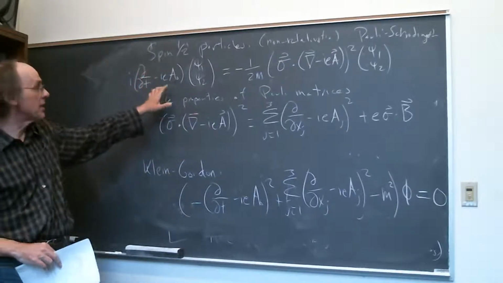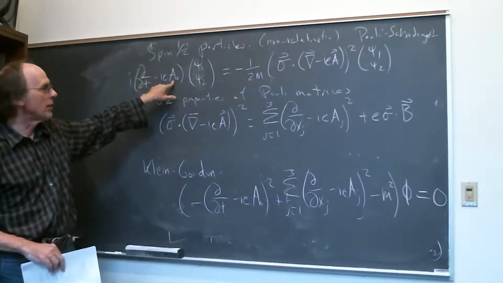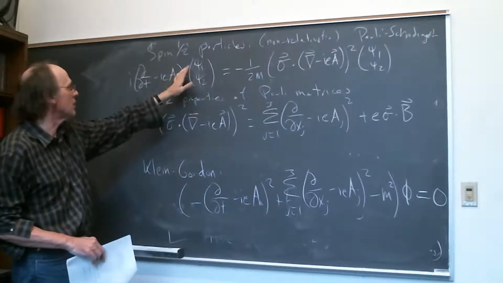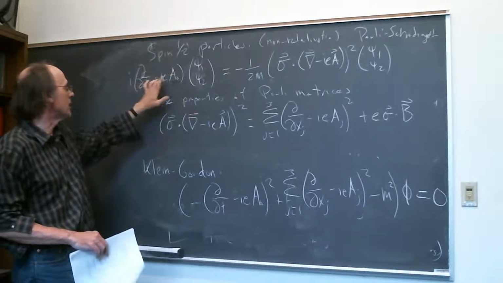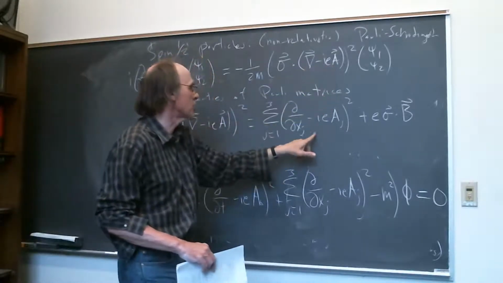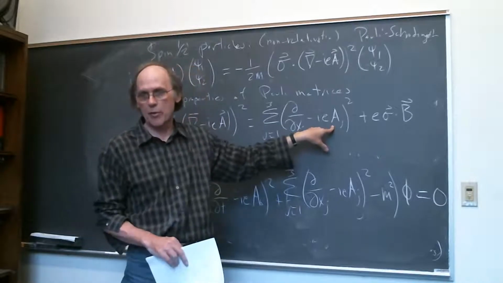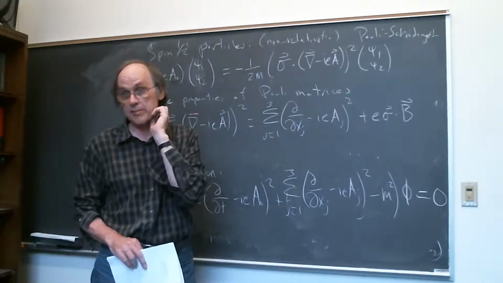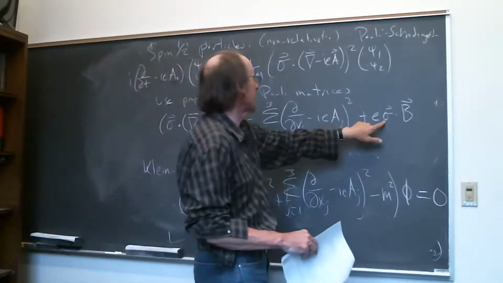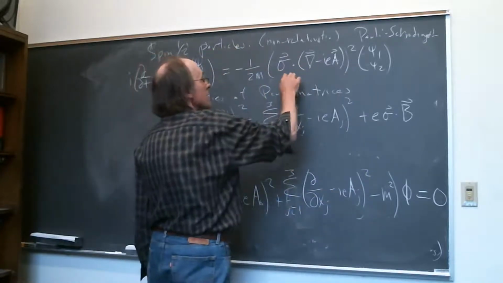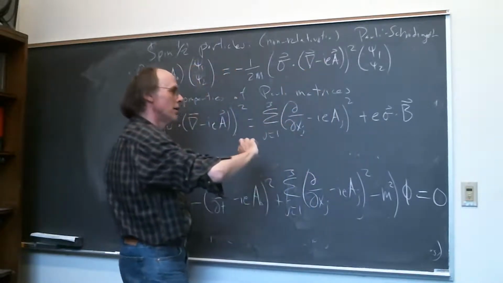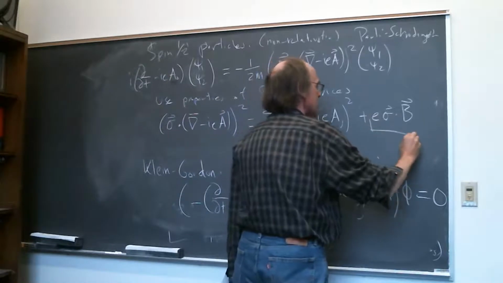So what happens here is that the time component of the vector potential just shows up here, as usual, and then the spatial components just show up again in the usual way, the same way that I wrote down for a spin 0 solution of the Schrodinger equation or for the Klein-Gordon equation. But then there's this funny extra term that you get, because when you square this thing, if you do the calculation, you see that you get this, and so this is just the coupling